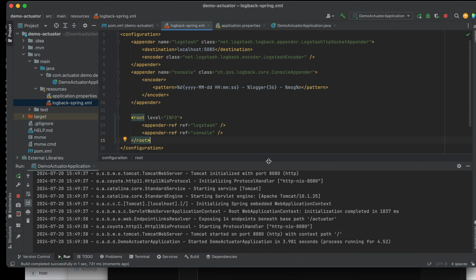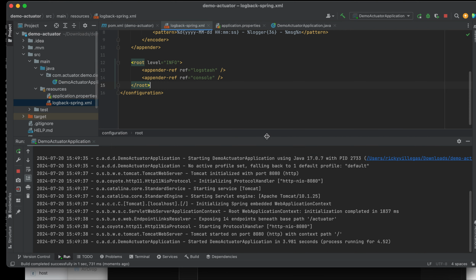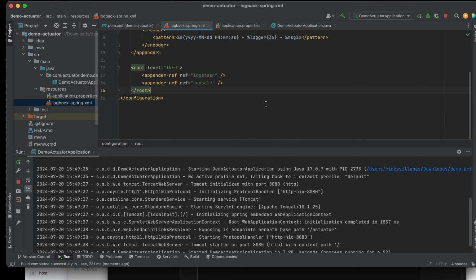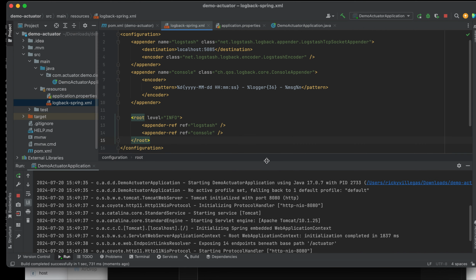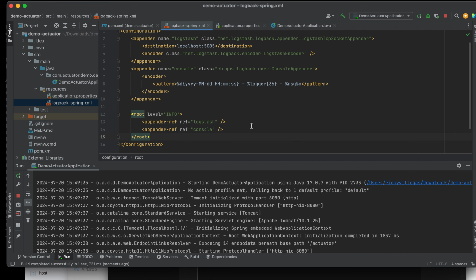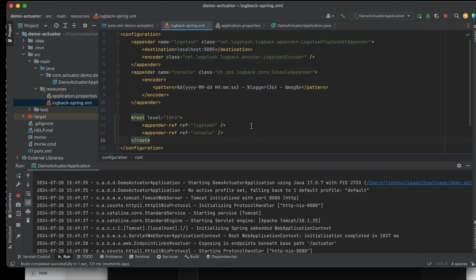You can just refer to my other video. I have a tutorial there on how to install the ELK. In this demo, I just cover how to configure the Spring Boot application so that we can see the logs in our Kibana.